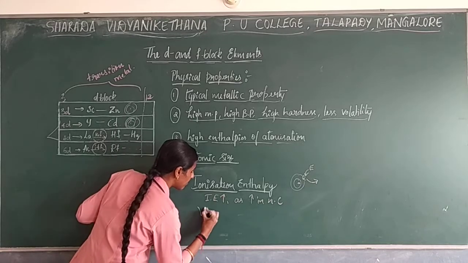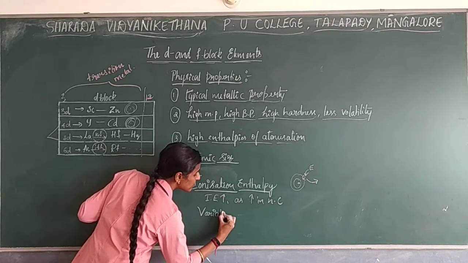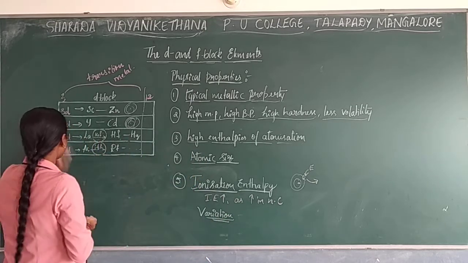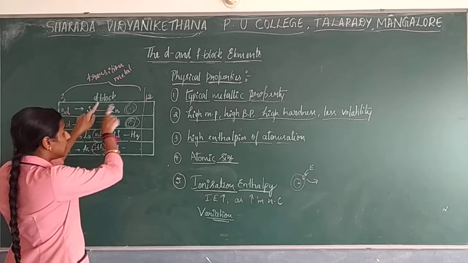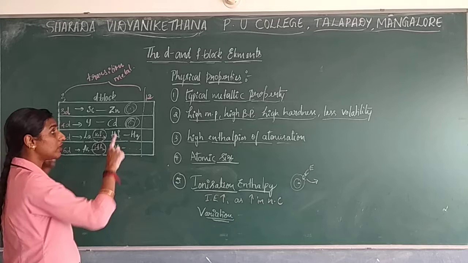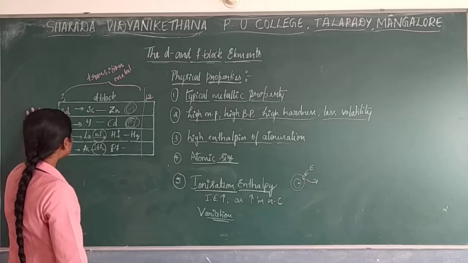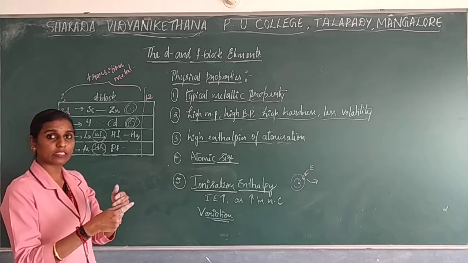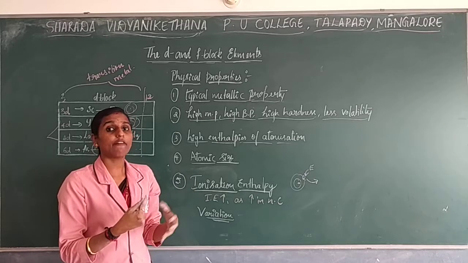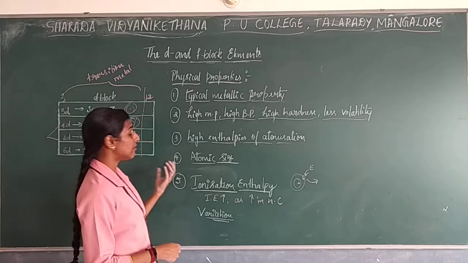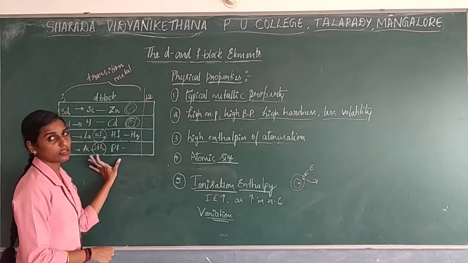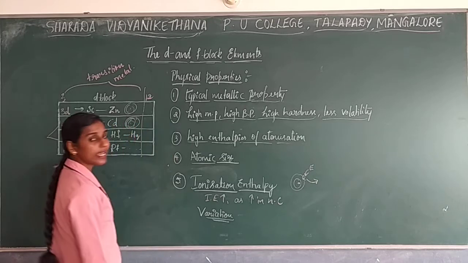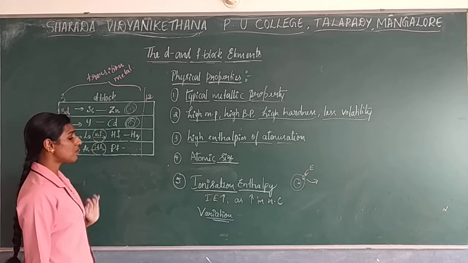Okay. Now we will go with the variation which is present in ionization enthalpy. When you compare with your s as well as p block, the ionization enthalpy of the d block is lesser. Why? Because in the s as well as p block, the inner shell s orbital will be filled first, then the p orbital. In the inner shell orbital there will be more shielding effect. Here it shows imperfect screening effect. That's why here the ionization enthalpy will be lesser when you compare with your s as well as p block. Okay, so this is one variation.